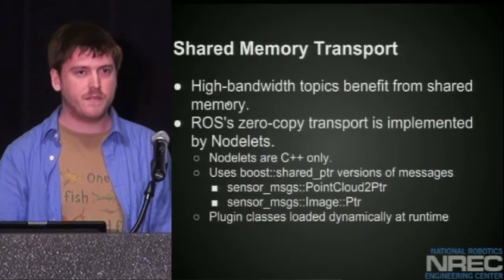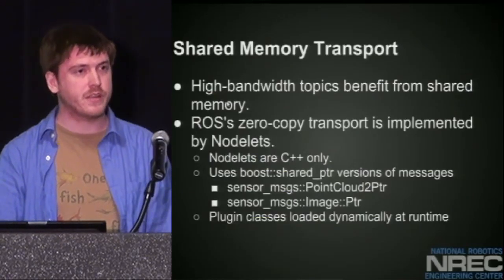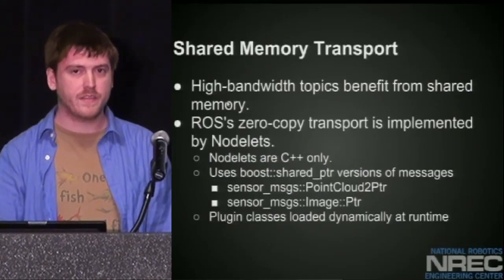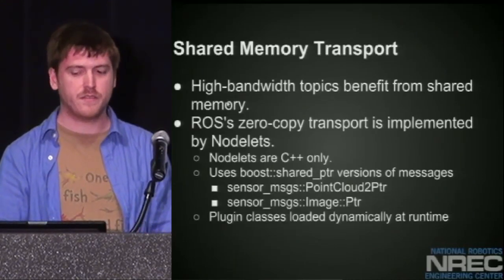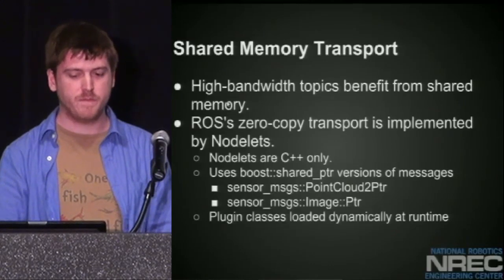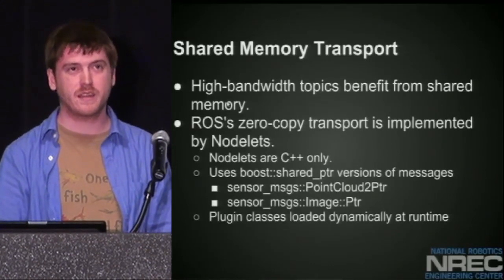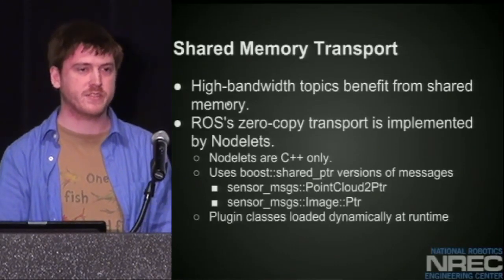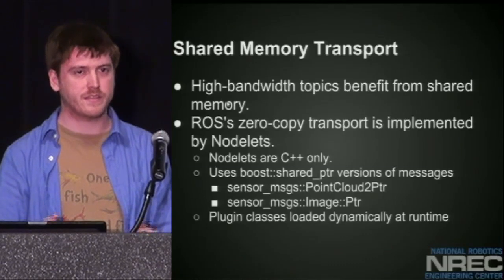Now I'm going to go off on a tangent here and talk about a more advanced topic, which is the shared memory transport in ROS. And this is another stage to writing your ROS wrapper. So high bandwidth applications benefit from the shared memory transport. This is especially good for things like images, where you can be transmitting tens of megabytes per second. There's a lot of CPU that gets eaten up trying to serialize that and unserialize it just to transport it